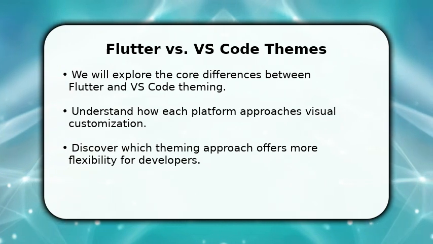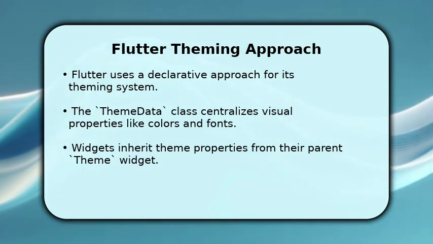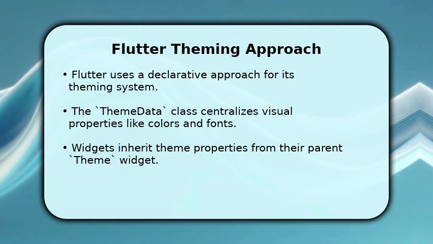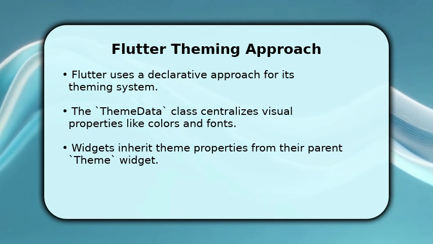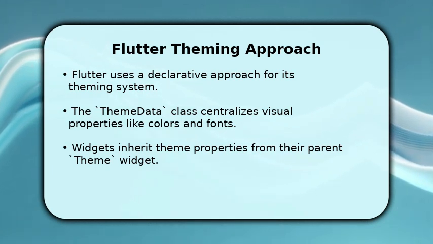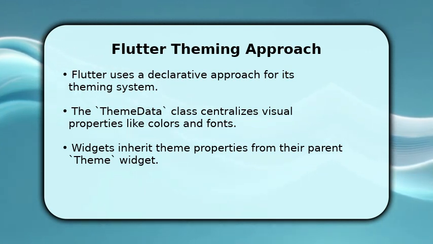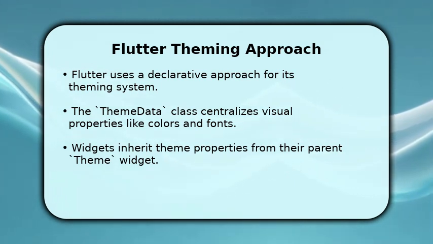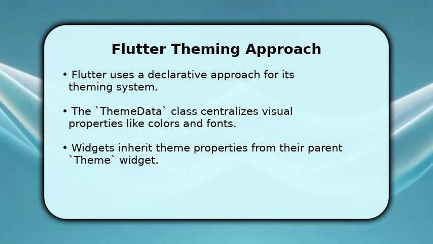Let's get started. Flutter's theming is built on a declarative model, primarily using the ThemeData class. This powerful class allows you to define a comprehensive set of visual properties, including primary colors, accent colors, and text styles, all in one place. Widgets then effortlessly inherit these properties, ensuring a unified look and feel throughout your application. This approach makes it straightforward to implement consistent branding and adapt your app's appearance with minimal code changes, saving you